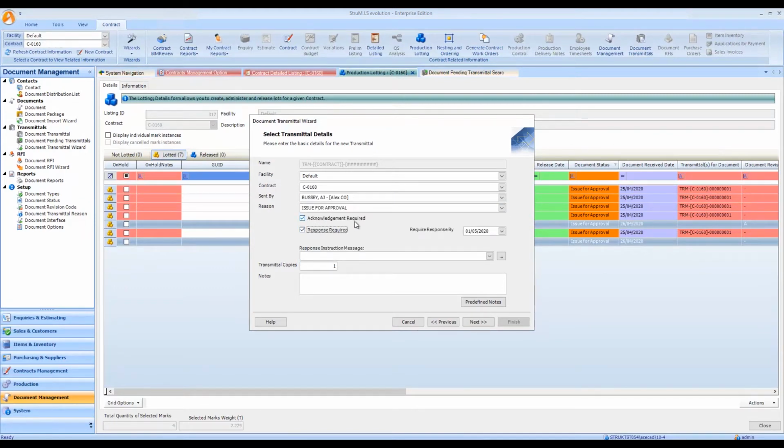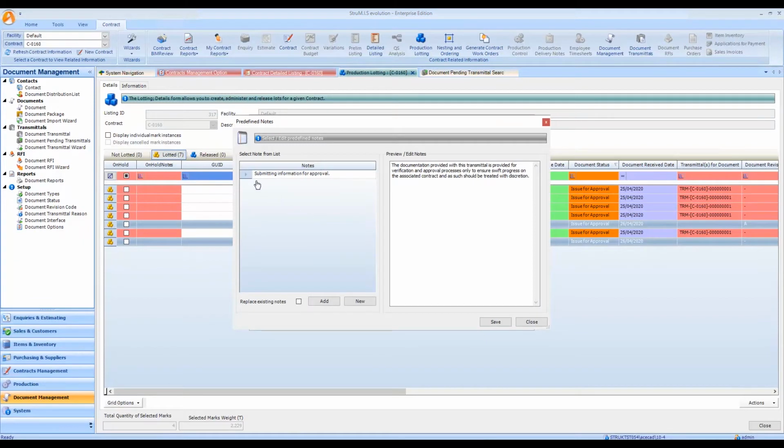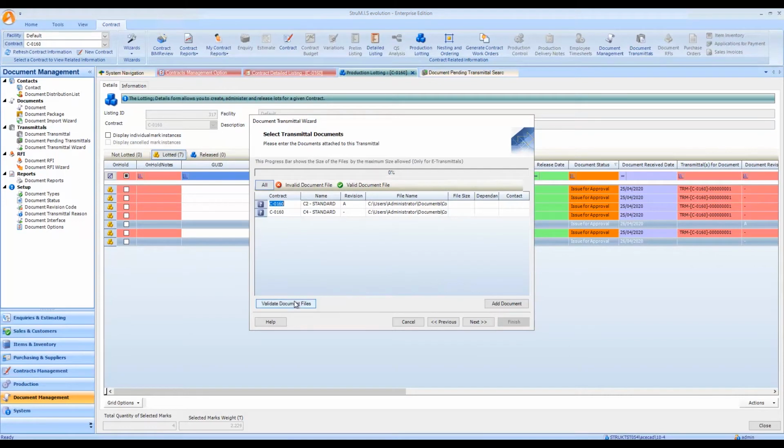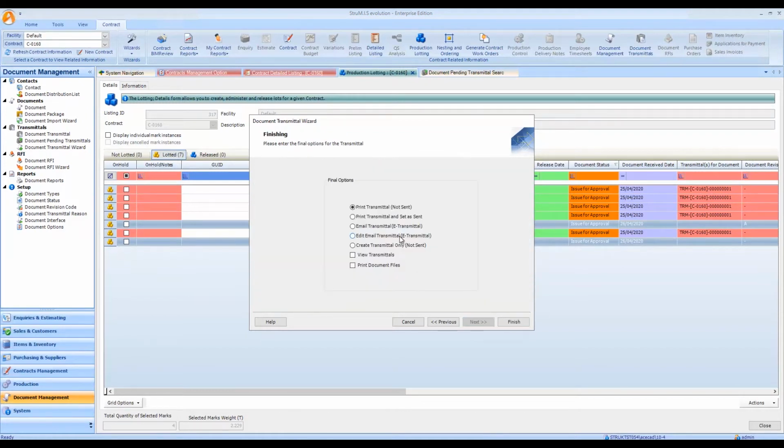And for a more in-depth look at the functionality that we're utilizing at this time, you can refer across to our other webinar on the document control processes through STRUMIS 10.4. So I'm just creating my information surrounding my transmittal. So I'm going to go next, verify my documents by validating them, show me the available file space that is taken up, go next, and if I go here to edit email transmittal,